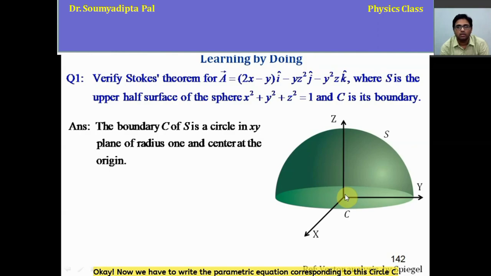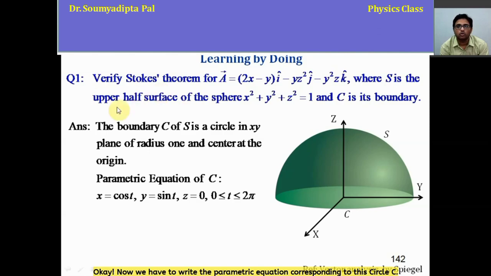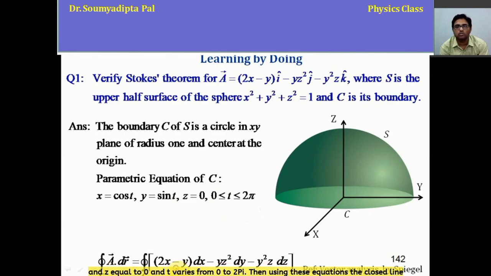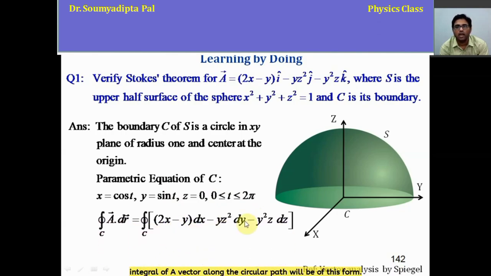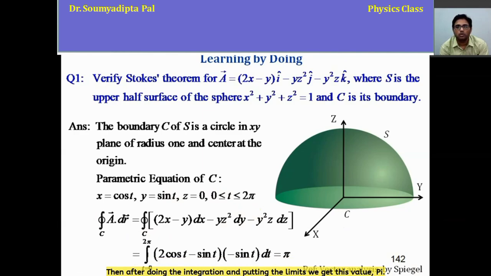Okay. Now we have to write the parametric equation corresponding to this circle C, and that is x equal to cos t, y equal to sin t, and z equal to 0, and t varies from 0 to 2π. Then using this equation, the closed line integral of the vector along the circular path will be of this form. Then after doing the integration and putting the limits, we get this value